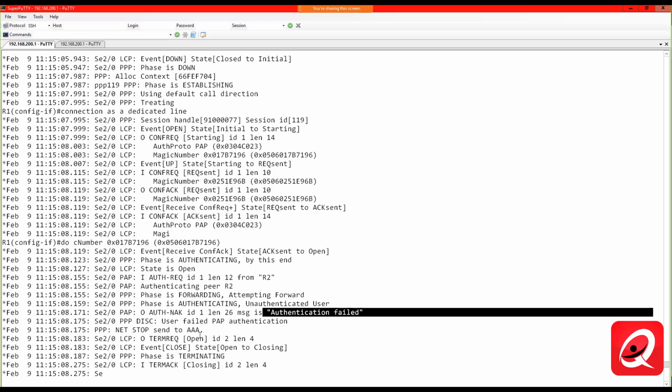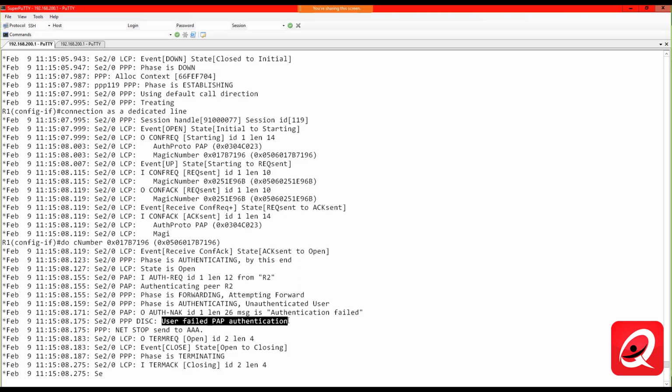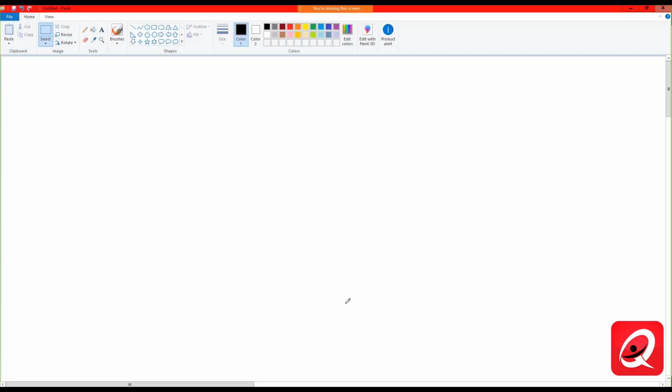Authenticating, and we're getting a message: authentication failed, user failed PPP authentication. Now we're terminating the connection. All right, so if you look at how this is supposed to look, from the process of